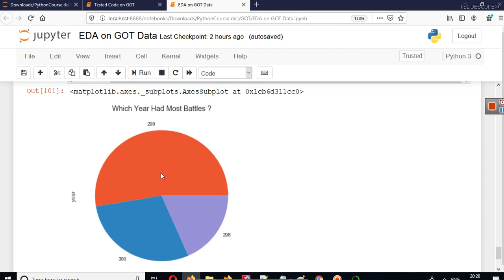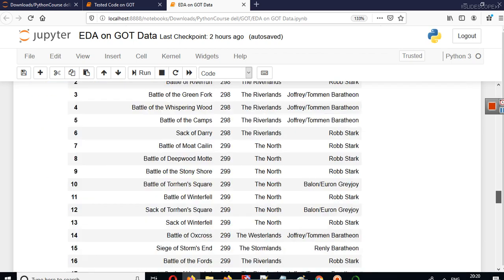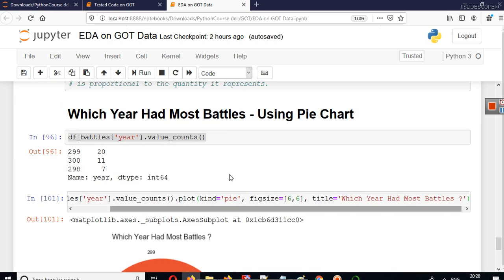We know that most battles are fought in 299, but as compared to the other values, 300 and 298, what is the percentage here? You can use all types of maths to compare it, because these values are not really big. You just have to add everything together, 20 plus 11 plus 7, and divide them and you can get the values.